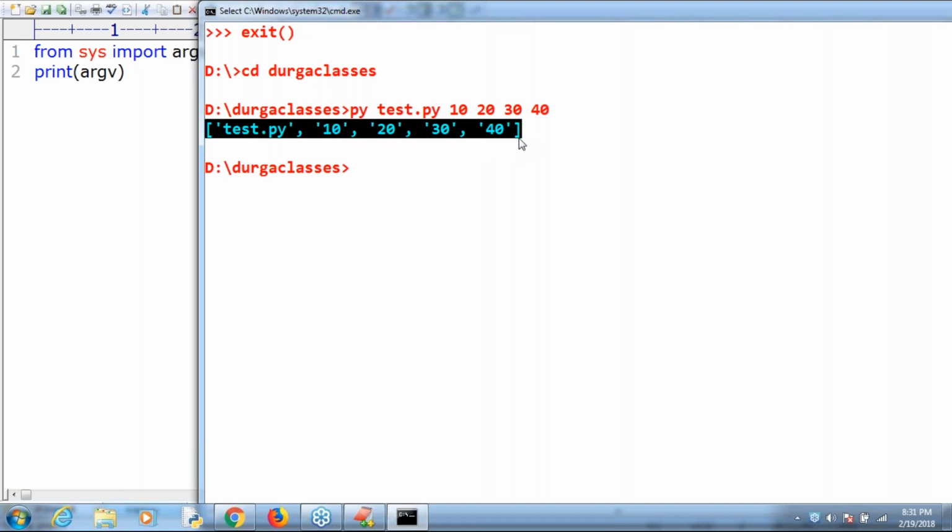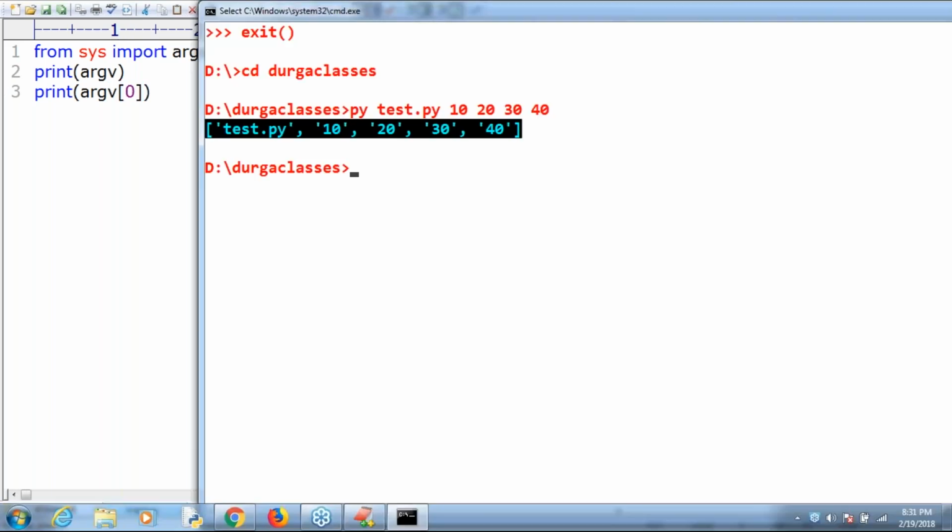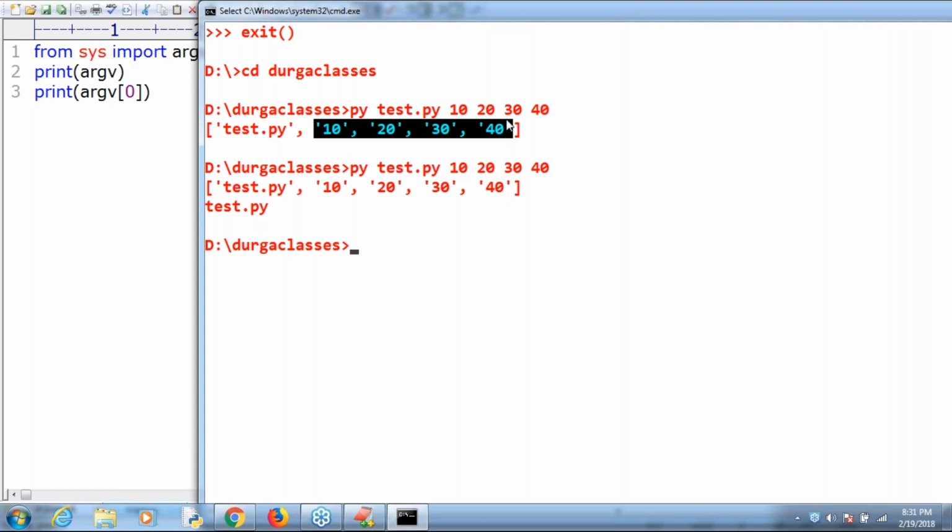Next, if I want the first command line argument, no problem: print of argv of 0. Like this you are allowed to use. Now you will get the first command line argument, which is test.py. But if I don't want the file name and want only the values I explicitly passed,